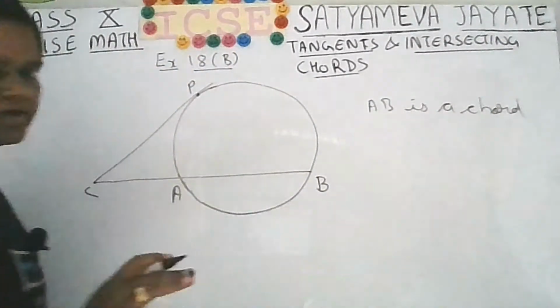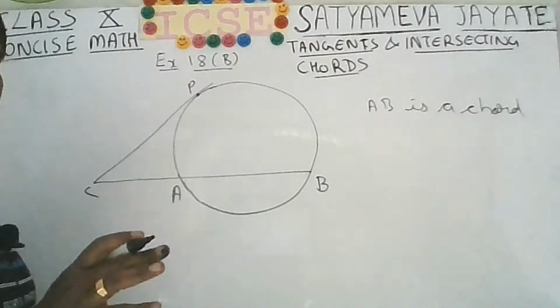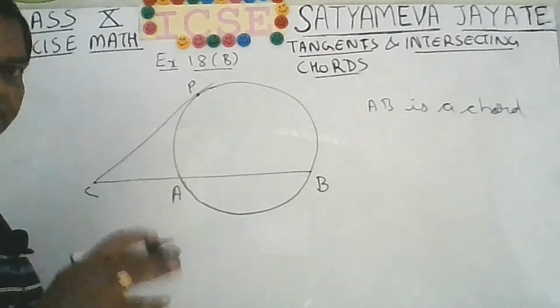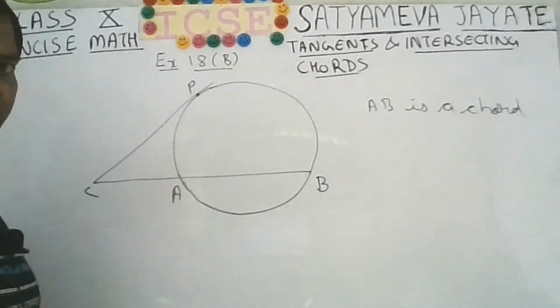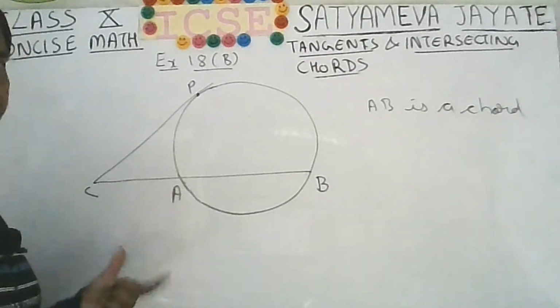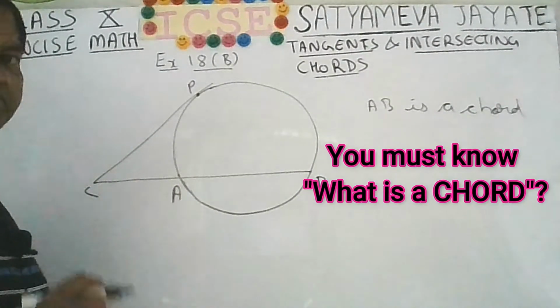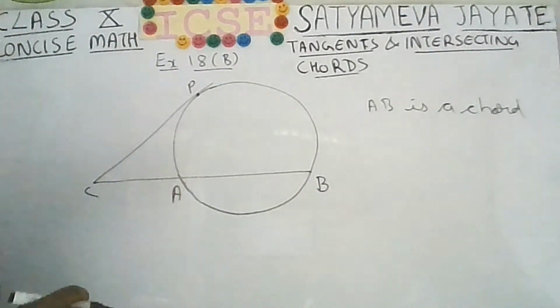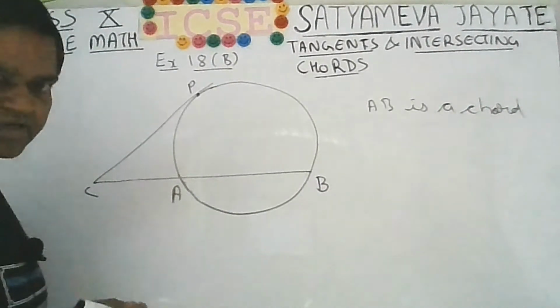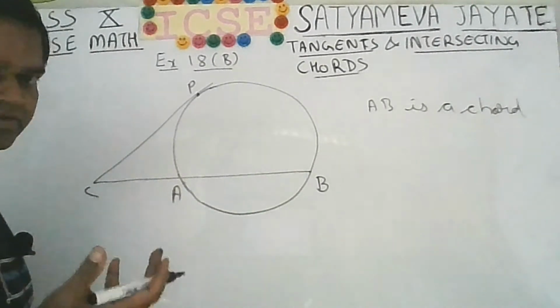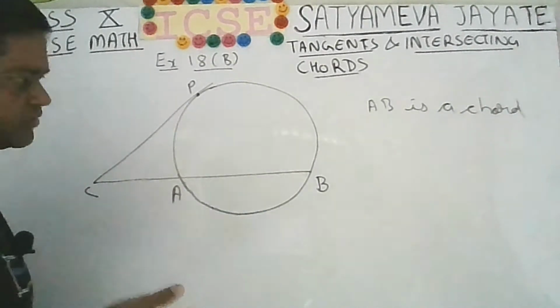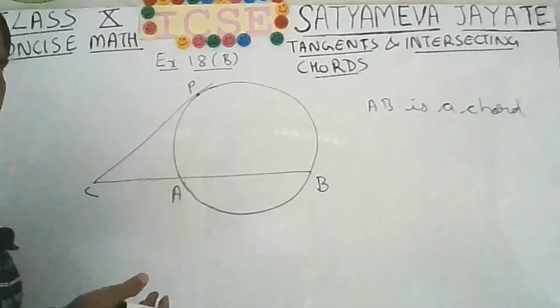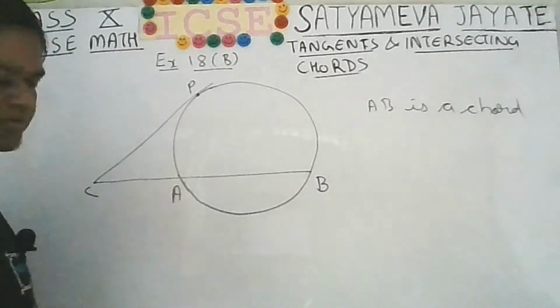Now, in case you are not clear with the basic definitions, then you should first watch our previous videos where I have explained what is the chord, what is the diameter, what is the largest chord. All of these basic definitions I have covered already. Okay, so please do watch that video. I will give you the link in the I button. First watch. You should be clear with the basic definitions. Then only you can understand these theorems, and then only you can solve the problems.